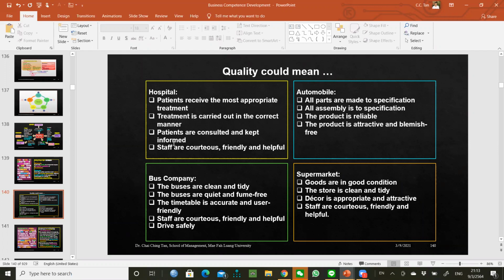And so quality has a different context, different meaning. I have already talked about quality function deployment and how you deploy your operation system in such a way that it delivers the quality. That really depends on how you understand the customer's requirement. The better you understand the customer requirement, the more accurately you can transform it into operations specification, and then you can look into the dependencies and the correlations of these operations requirements.